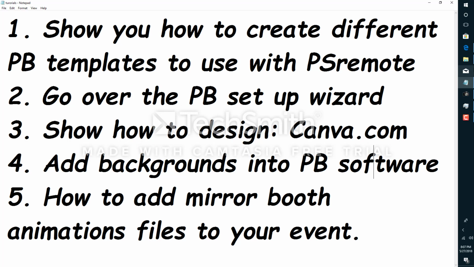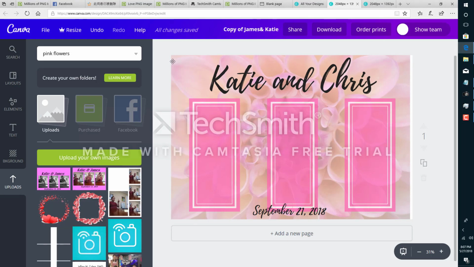So let's go to the first program on the internet. This is called Canva.com, and you can get a free account. You just go there, type in a username, email address, and password, and you'll have a free account. And we're going to be going over the program that a lot of people use on their mirror photo booths,